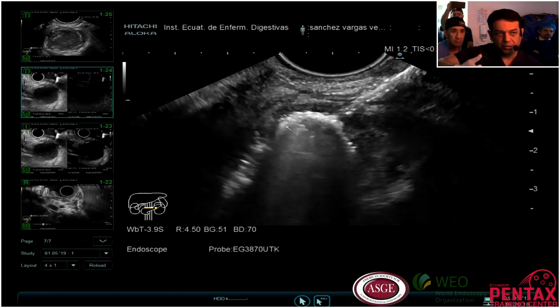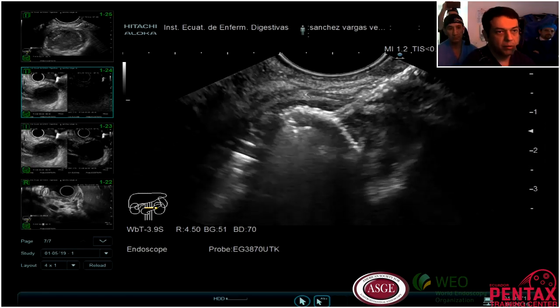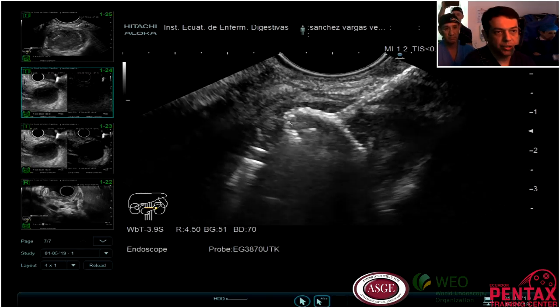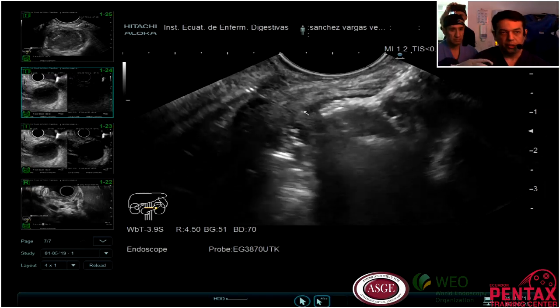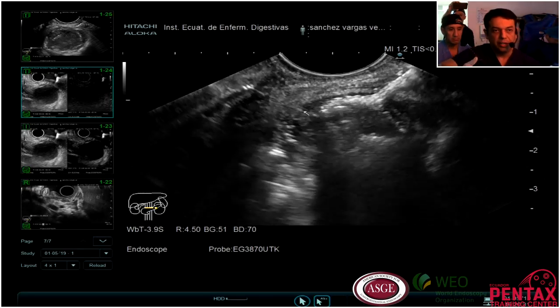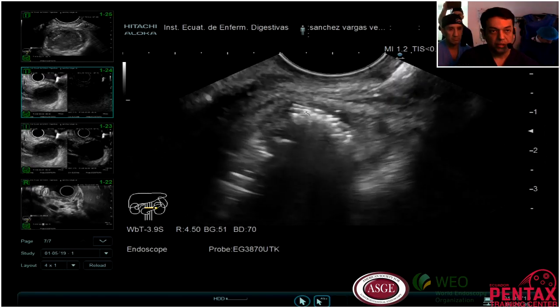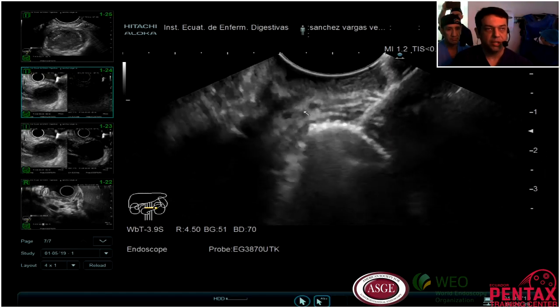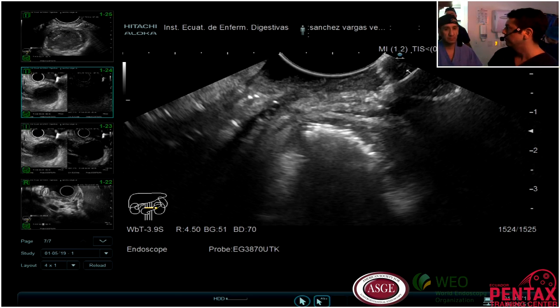You see? Here, all under ultrasound vision. So this is the second step. The third step is just to return a little bit the axis, and then you can release the axis. You see, I always release inside my channel. I am sure now that both parts are in place, the first one inside the pseudocyst and the second one in the gastric lumen. So this is a very nice case.